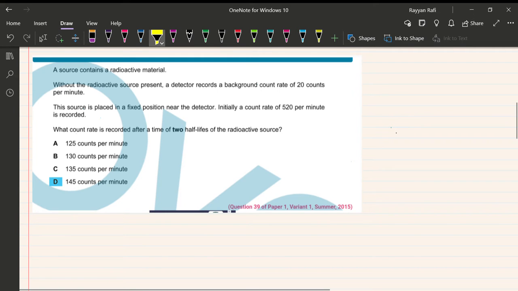Hey students, this is a question for radioactivity O-level physics, and this is one of those questions which is somewhat tricky, and let's solve this thing. The question starts